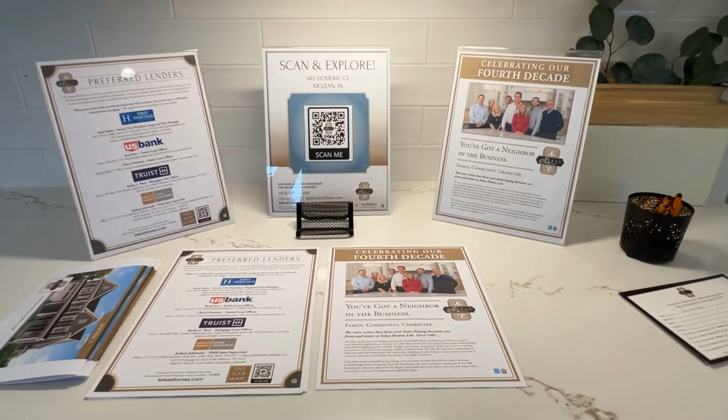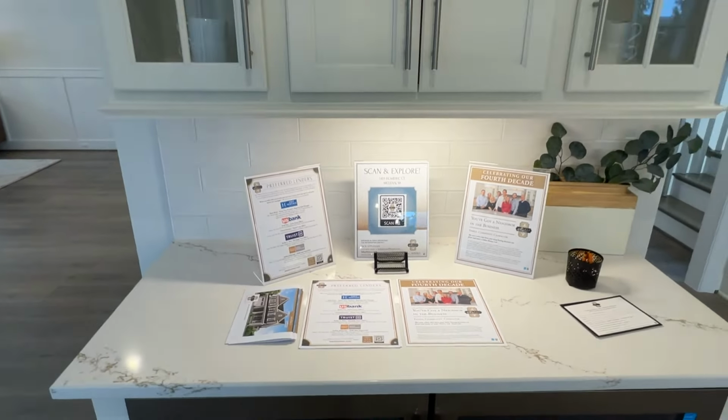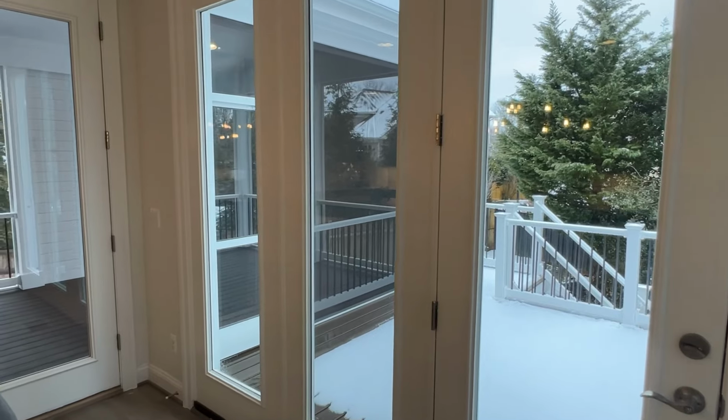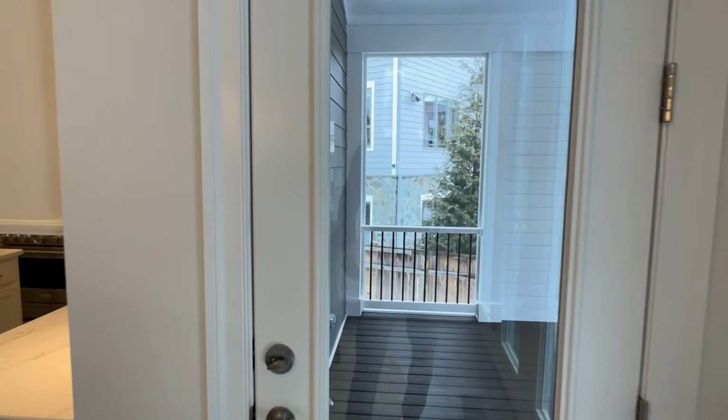And some more information on the builder. So it's always nice when the builder's been around for a little while. It's not their first project. Like I mentioned, they do a lot kind of in this area, so they know what they're doing. Always get a good home inspection, but it's nice to work with a reputable builder. Before we check out the kitchen,